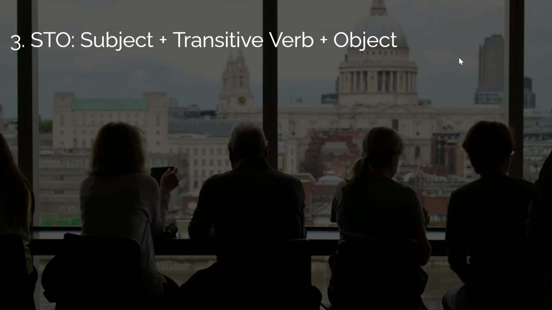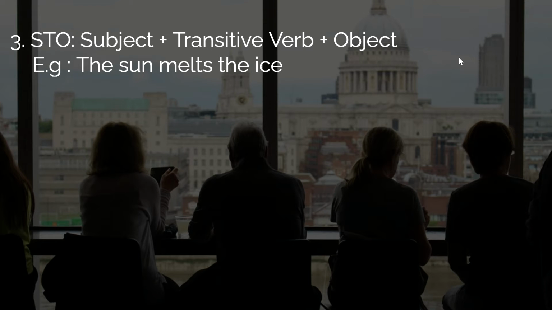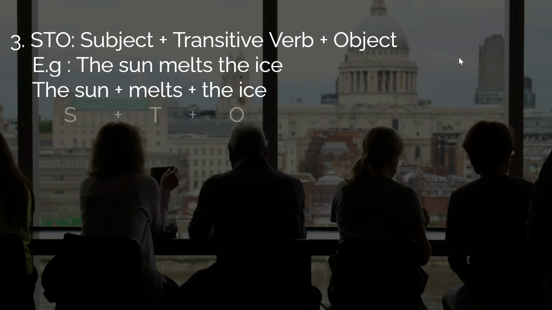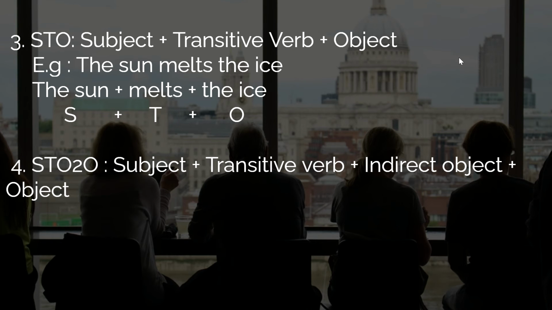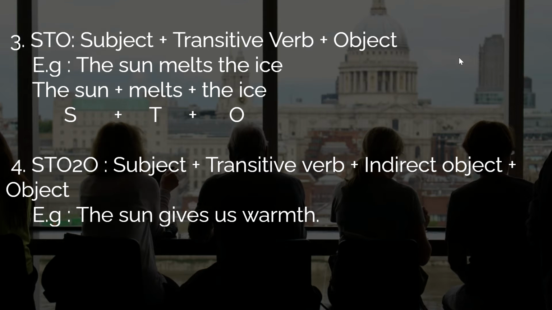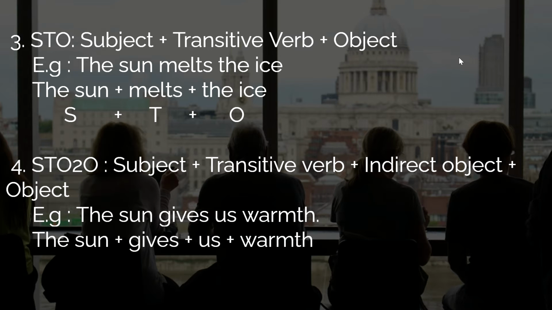The third type is STO, that is subject plus transitive verb plus object. For example, the sun melts the ice. Here, the sun is a subject, melts is the transitive verb, and the ice is the object. The fourth type is STO2O, that is subject plus transitive verb plus indirect object plus object. For example, the sun gives us warmth. Here, the sun is the subject, gives is the transitive verb, us is the indirect object, and warmth is the